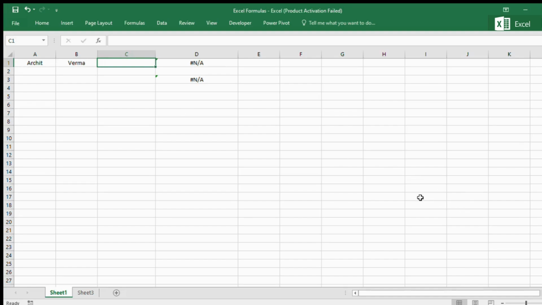First thing, open up your Excel workbook where you have the data you need to merge. And if you don't have one ready, just open a new workbook to practice as we go along. Let's start with the simplest method to merge text by using the ampersand symbol. Click on the cell where you want your merged text to appear. Let's say you want to combine someone's first name from cell A1 and last name from cell B1. Simply type the following formula. This formula merges the two texts with a space in between. Press enter and see the magic happen.